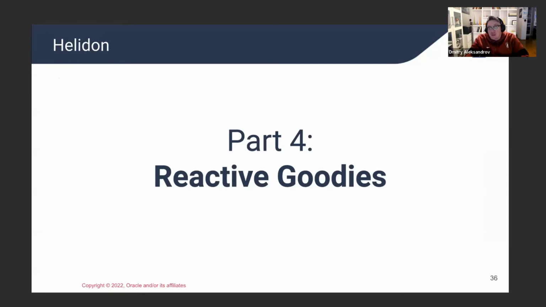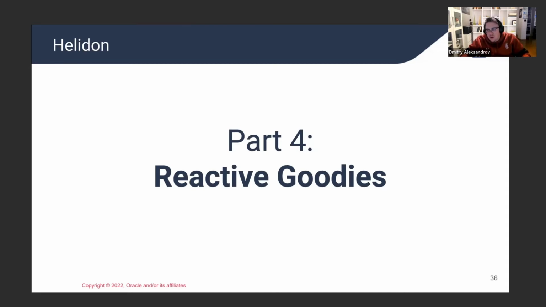And then we have some goodies, actually, as I call them, reactive goodies. Since reactive means that all of your stuff has to be reactive. That means you cannot do everything in terms of, this part is reactive and the other part is not reactive. Everything has to be reactive. And since we know that